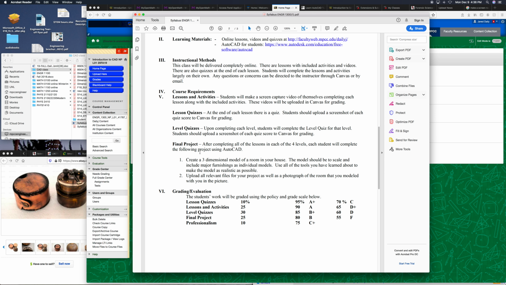Now at the very end, you will have a final project that consists of the following, using the skills that you've learned in AutoCAD. You're going to choose one of the rooms in your home, and you're going to take a picture of it, because you have to upload a picture of the room. That's because I want to be able to see how well you've done at recreating this room, and then I want you to create a 3-dimensional model of this room in your house using AutoCAD,